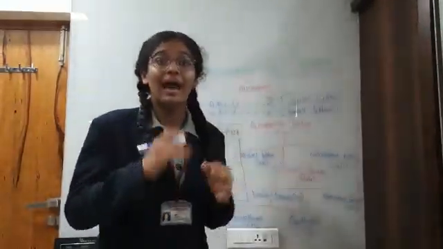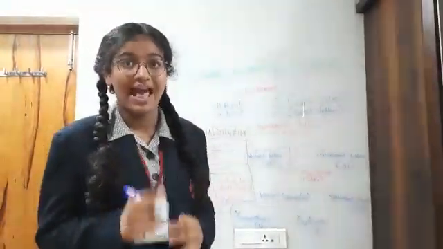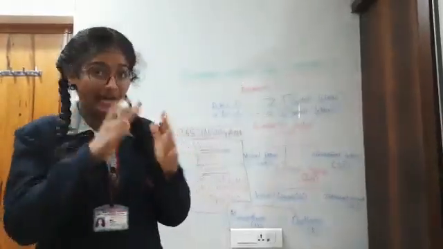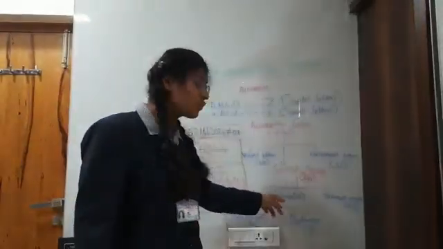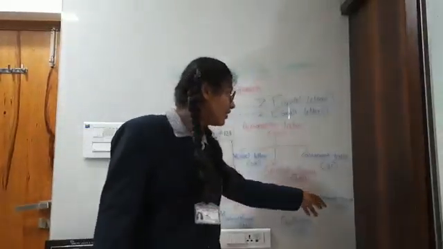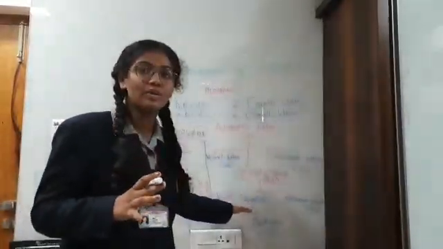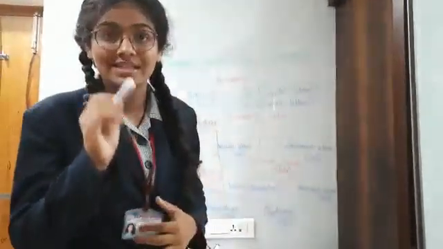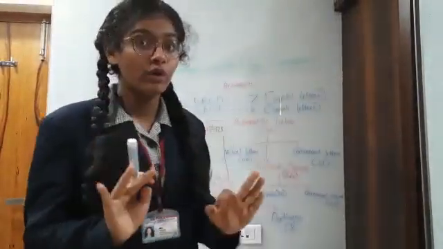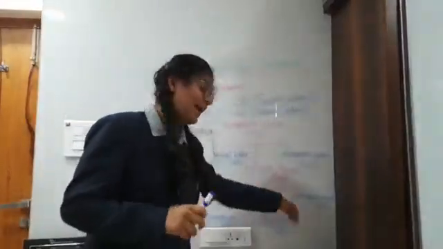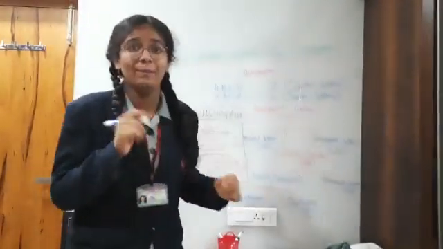So now let us know about speech sounds. There are 44 speech sounds and speech sounds are further divided into two parts. The first one is vowel sounds and the second one is consonant sounds. There are 20 vowel sounds and 24 consonant sounds. Yes. Now let us understand these with one example.